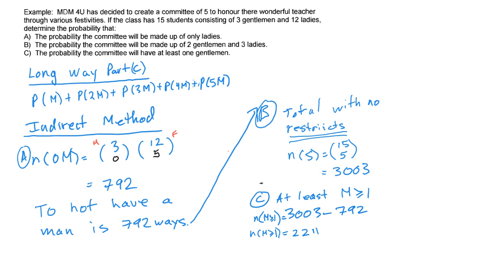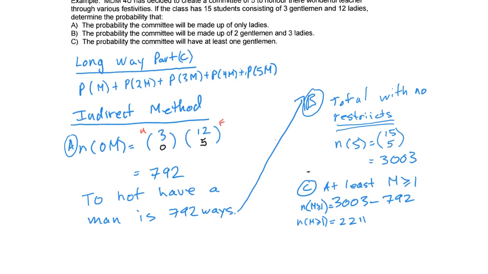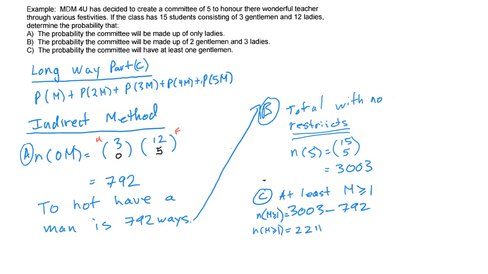Now, let's go back to our description of probability. So this is part C. We're going to state the probability, right? So P of at least one man, m greater than or equal to 1, is equal to the n of 0 men. No, not 0 men, which is the n of m being greater than or equal to 1 divided by n of s,